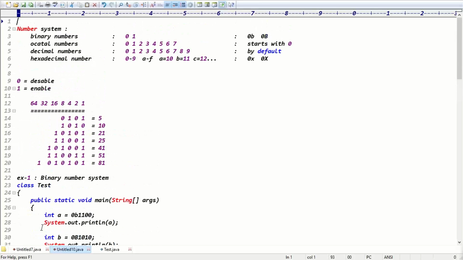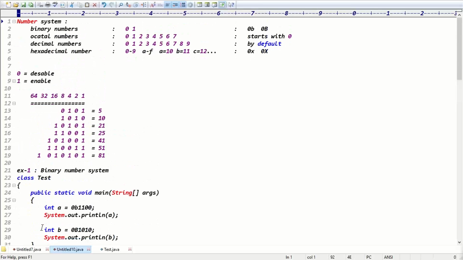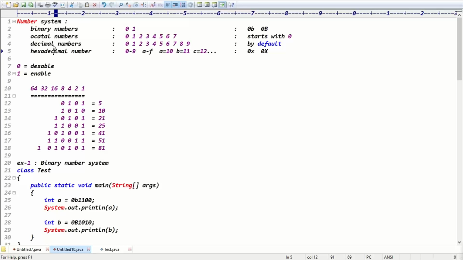So in total, how many number systems, guys? Total four types of number systems: the binary number system, octal number system, decimal number system, and hexadecimal number system, right? So this is binary data. To get the binary data, we have to check the 8421 code. This is a standard we have to follow for processing. So for 0101, we have to calculate which flags are enabled.